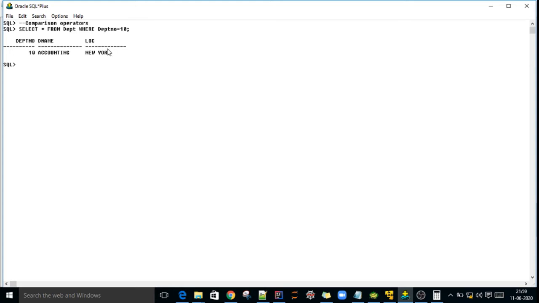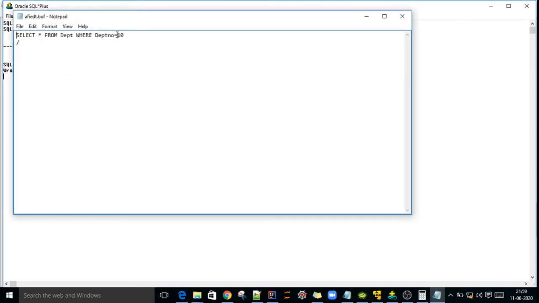Not equality operator means it is quite the opposite of that. I want to fetch all the data from the department table where department number not equal to 10.